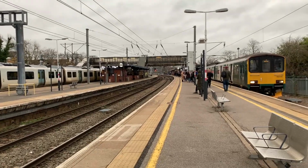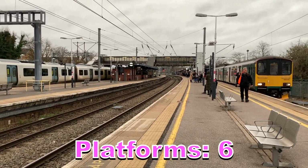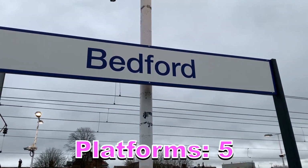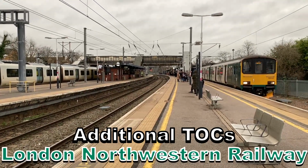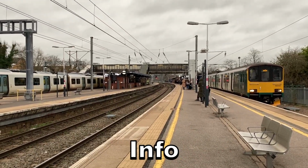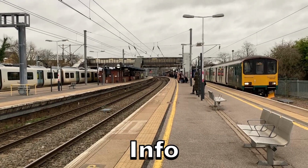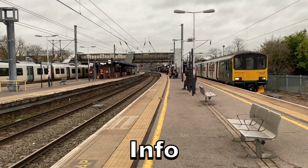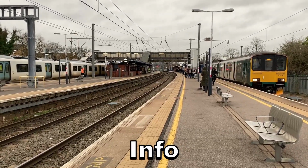In this picture is the junction station of Bedford, managed by Thameslink, with 6 platforms. Correction, there are actually 5 platforms at the Bedford station. My mistake. With additional services from East Midlands Railway, London North Western Railway, and Luton Airport Express. It replaced an earlier station, which was 200 yards down south, and was known as Bedford Midland Road. In 1978 it was known as Bedford Midland, before 10 years later it was known simply as Bedford. It is of course the main station to serve Bedford, with direct services to London,